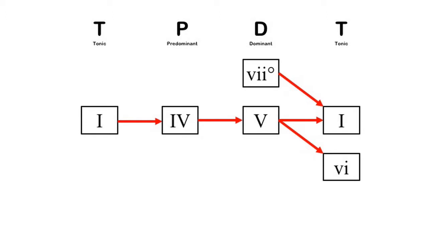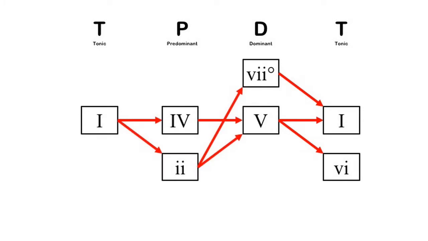There are substitutions that can take place in the predominant area as well, and we've already seen one of those. Earlier on in this video, I talked about how some people believe the 2 chord is actually the primary predominant instead of the 4 chord. And it really depends on what you think the role of the predominant is. If the role of the predominant is to prepare the dominant, then the root motion of a 5th from 2 to 5 to 1 is a stronger root motion than the root motion of a 2nd from 4 to 5